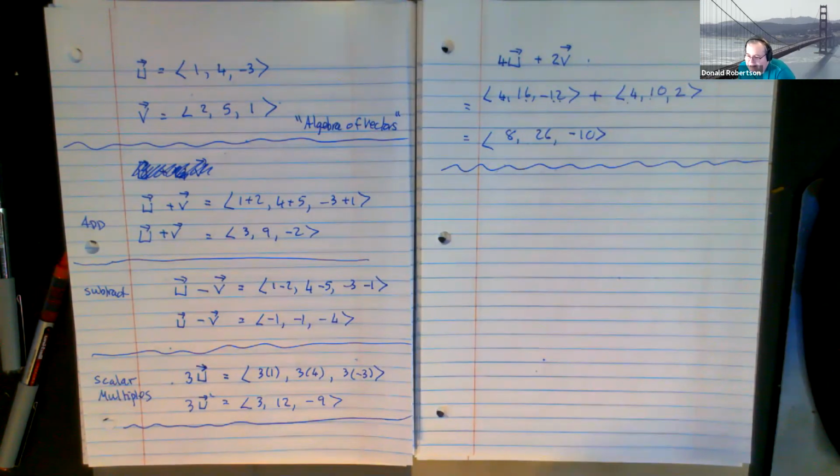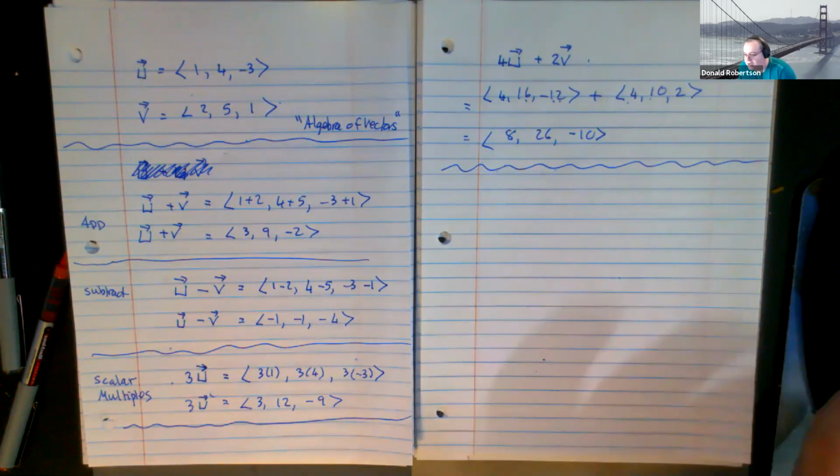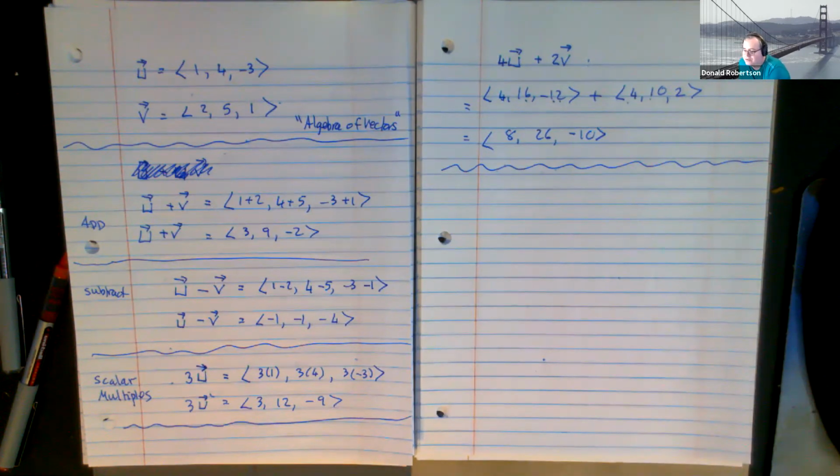So can't you get any scalar combination of two vectors? 3 times one vector, add or subtract 5 times the other vector. Couldn't I also expand that whole process up to 3 vectors? Couldn't I do u plus v plus w? Couldn't I do 2u plus 3w minus 5v in any other combination I want as well? Are we comfortable that the algebra of vectors is pretty much intuitively obvious? What you would have thought you do, that's exactly what you do, which is nice. Now, wind back a little bit.